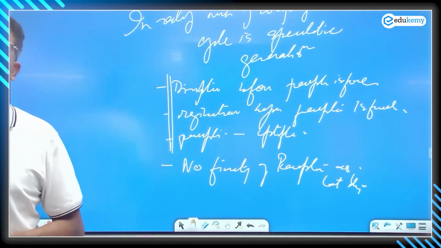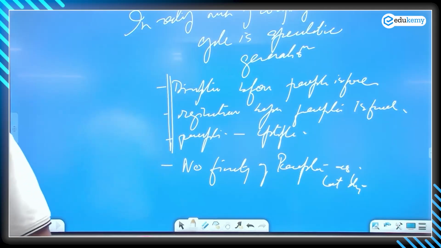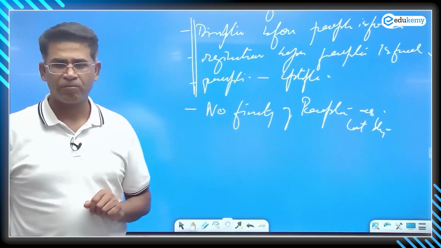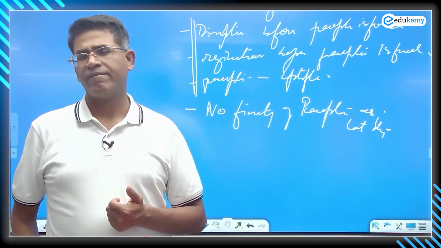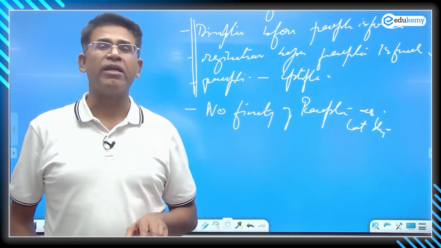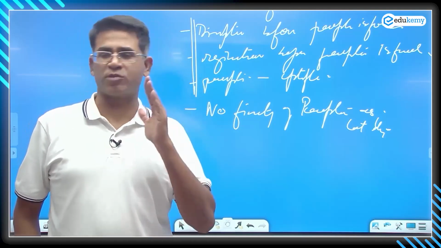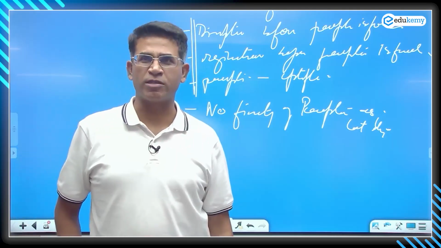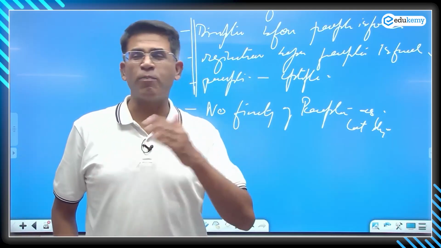There's no finality of peneplain as the last stage. This was part of the non-cyclic theories and the dynamic theories in landform development. In reality, most landform development is part of open systems process, with many factors operating,